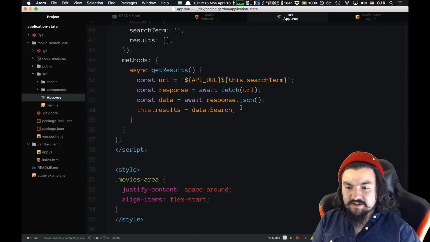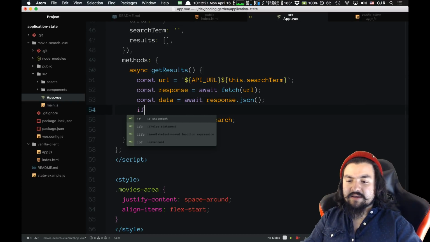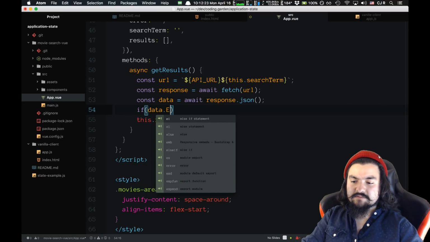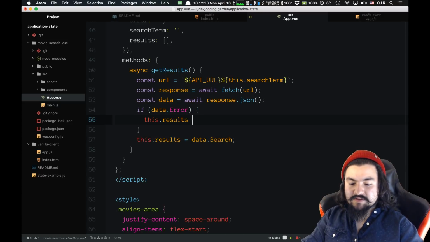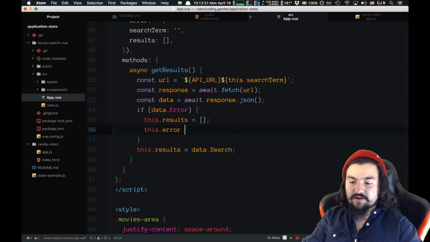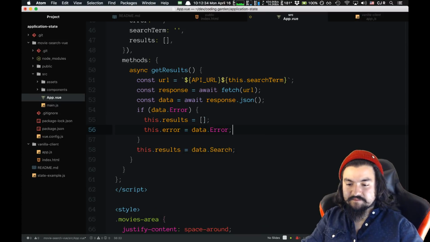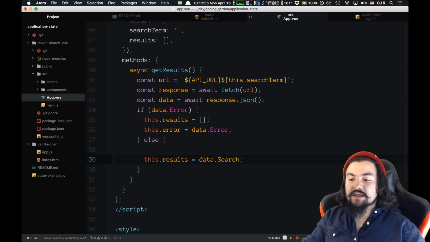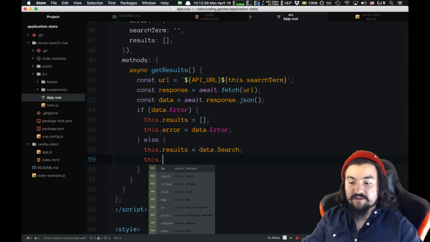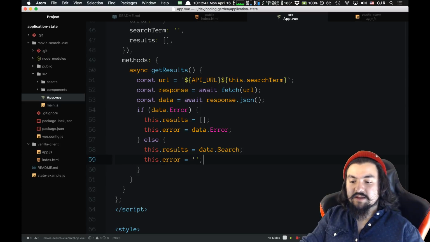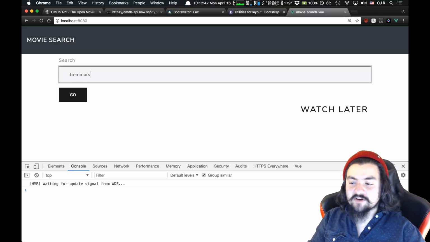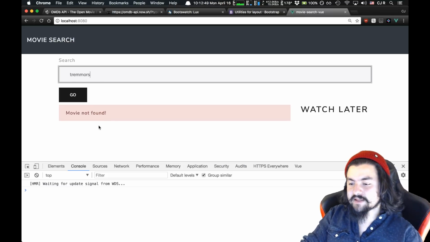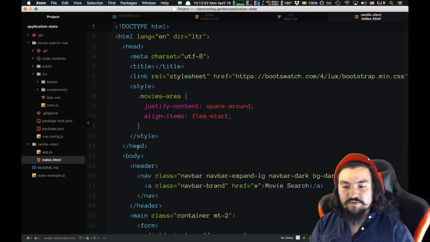And essentially, here we'll say if data.error, this.results is empty, and this.error equals data.error. Else, this.results is data.search, and this.error is an empty string. So now, fresh, no errors. If we search for trimmers spelled the wrong way, movie not found. Cool. Now I'm going to go grab that movie template that I created